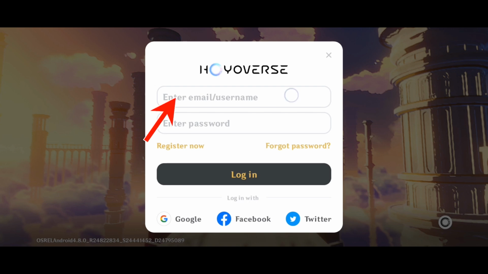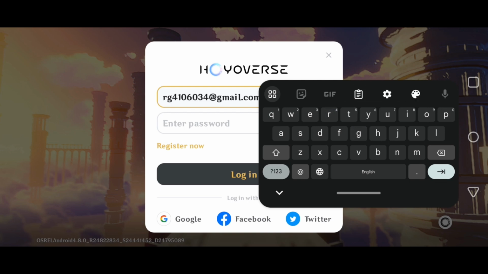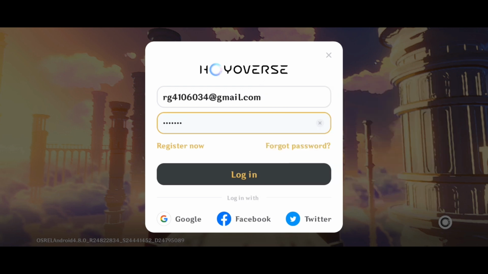Tap on the email address box. Now enter your email address. Now tap on the password box and enter your password. If you've forgotten your password, you can tap on the forget password button that you can see right over here. If you do not have an account yet, you can tap on the register now button that you can see